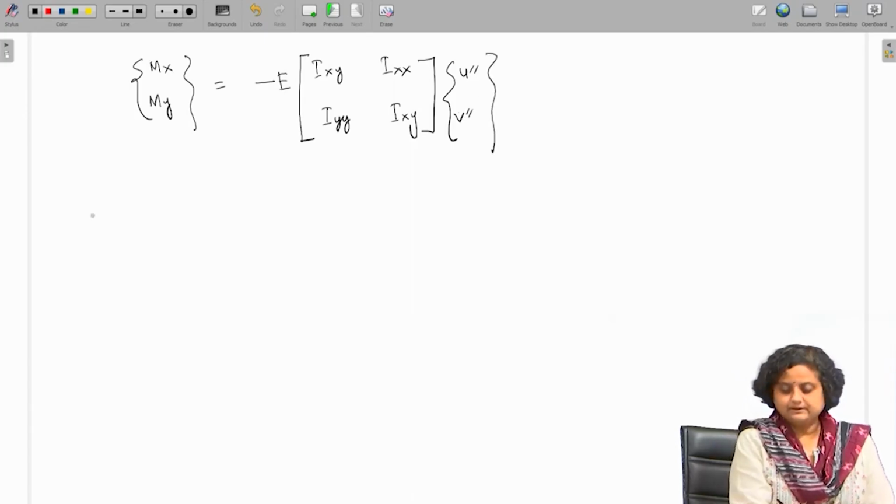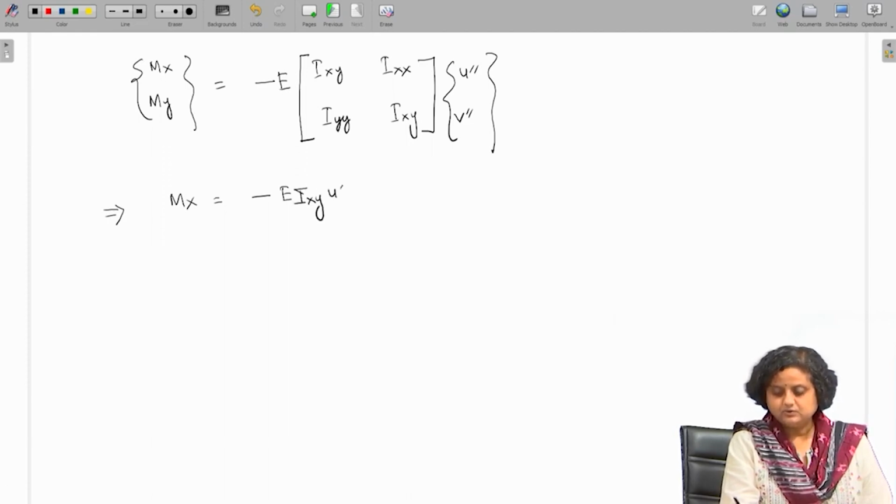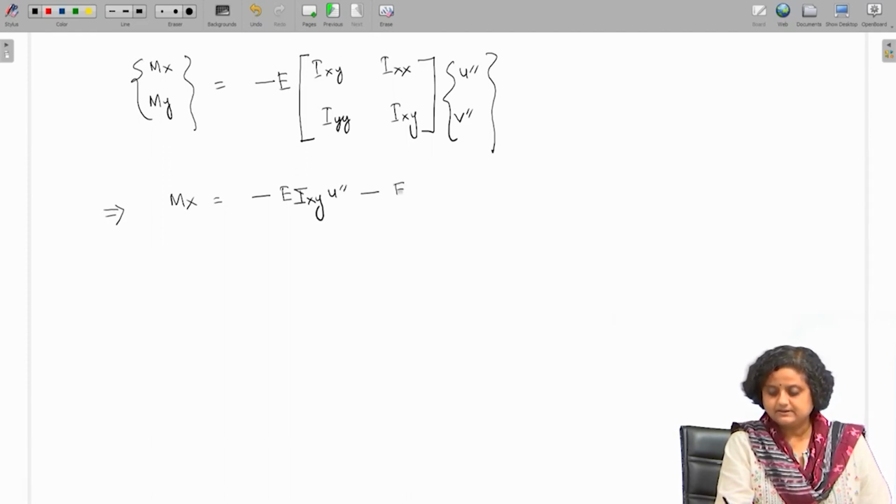This can be written in a simplified way as Mx is minus E Ixy into u double dash minus E